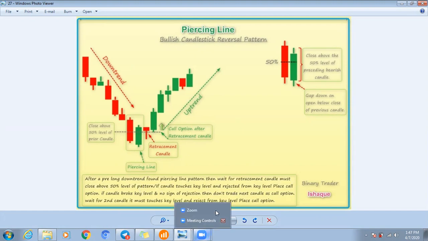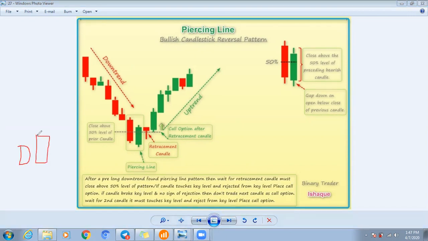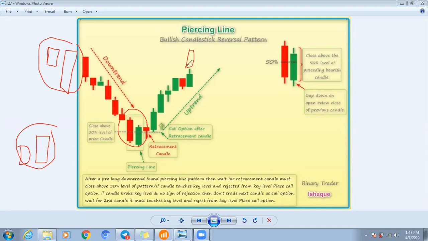After that, as you learned before, a bullish engulfing and the same concept for the bearish engulfing, but this is a bearish pattern and the bullish engulfing is a bullish pattern. But the concept of trading was the same. So that's the piercing line pattern and the dark cloud cover. Now we are going to learn about the dark cloud cover in the next slide. The way of trading is the same, just follow these same rules in the trading.